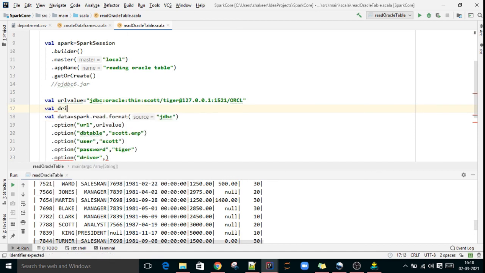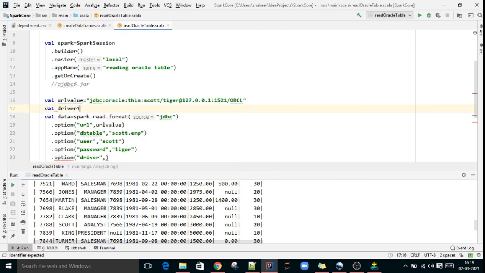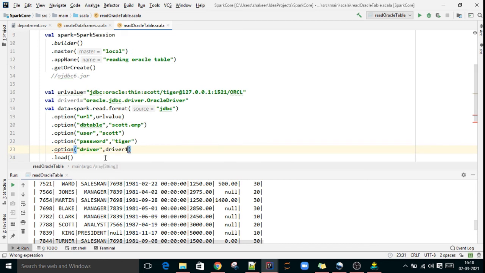Val driver, and so on. In this way we can create variables.